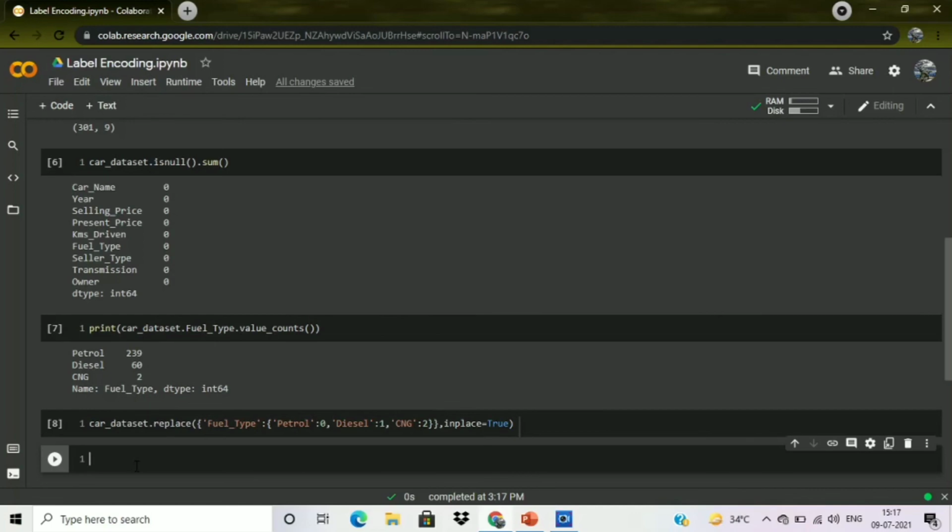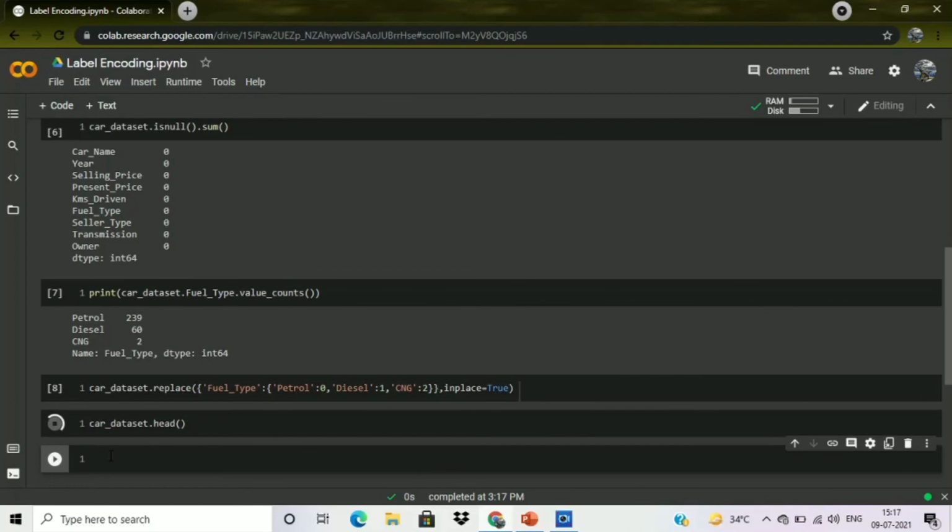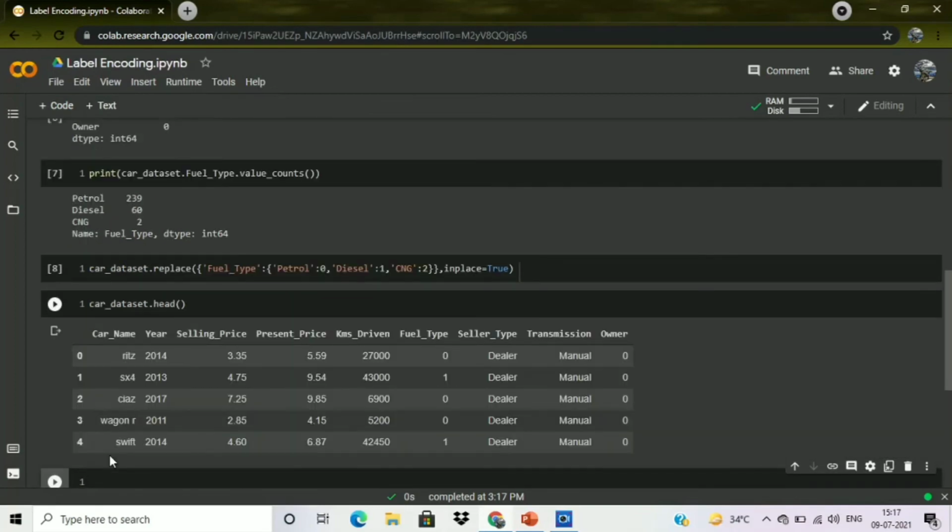Let me type that code again. We will use the head function again to see whether our change is made. Here you can see the fuel type column, and our labels have converted into numeric forms. Petrol has converted into 0 and diesel into 1. So we have successfully converted our labels into numeric forms.